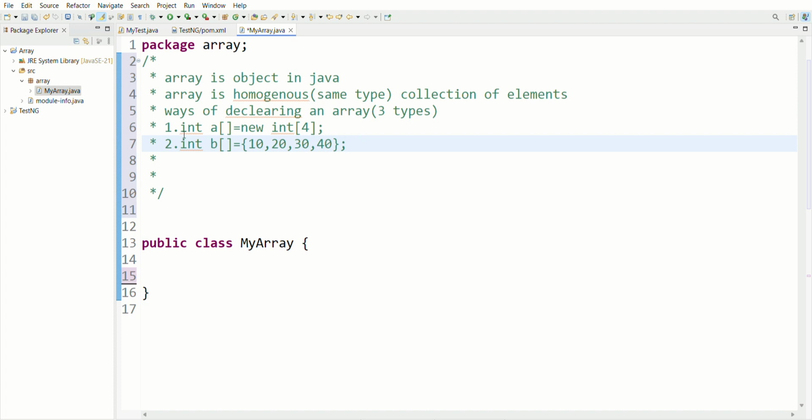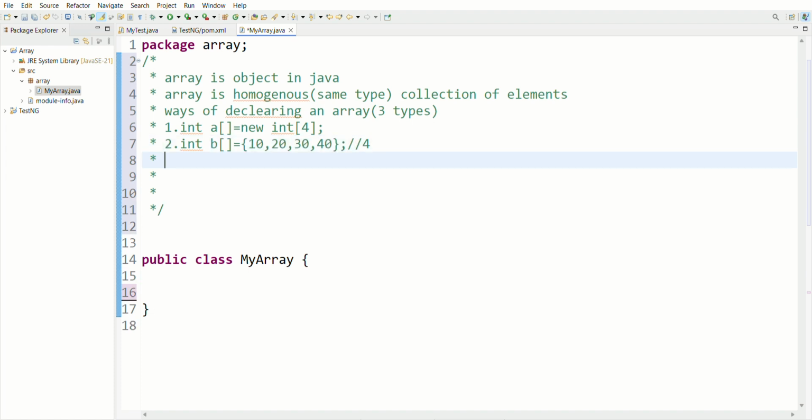Whenever we insert the elements directly, the compiler has the proper knowledge that my array will contain only 4 elements. Whatever elements will be in this array, I am passing at the time of writing the program. That's why my compiler will understand that this array size is 4.